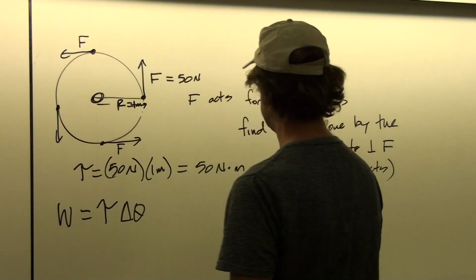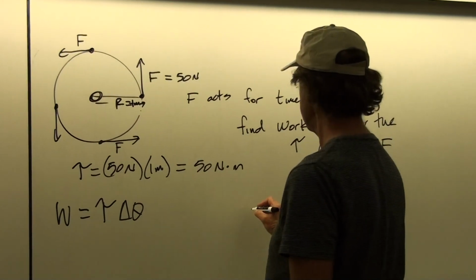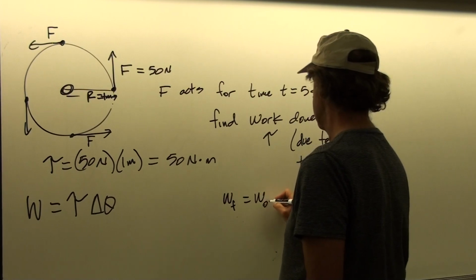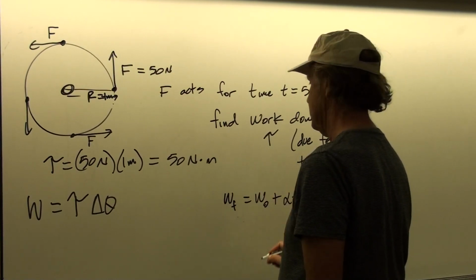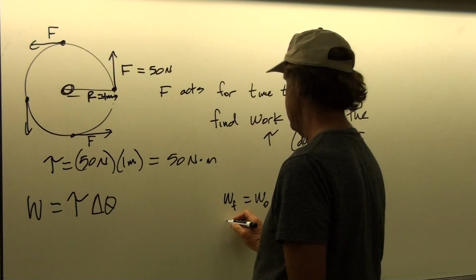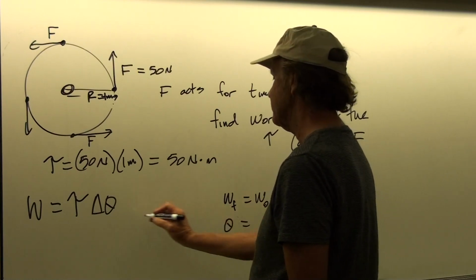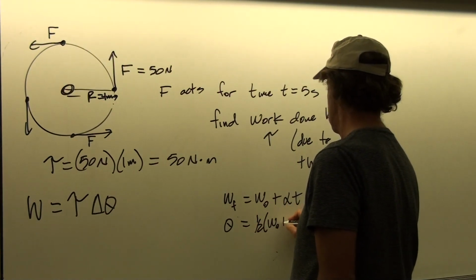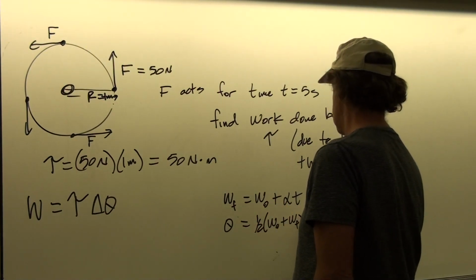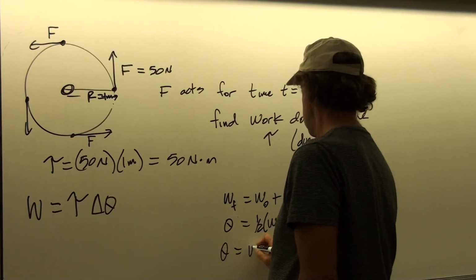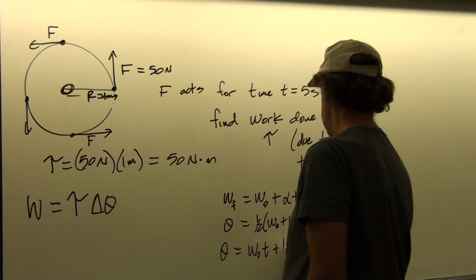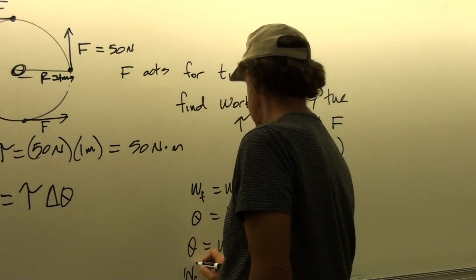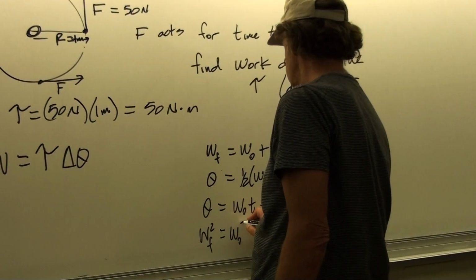Well, we can go back to our rotational kinematics equations, which look just like our linear kinematics equations. Omega final is equal to omega 0 plus alpha t. Theta, in this case, that's your change in theta. That's also our delta theta in this problem. 1/2 times omega initial plus omega final times t. Theta is equal to omega naught t plus 1/2 alpha t squared, and omega final squared equals omega initial squared